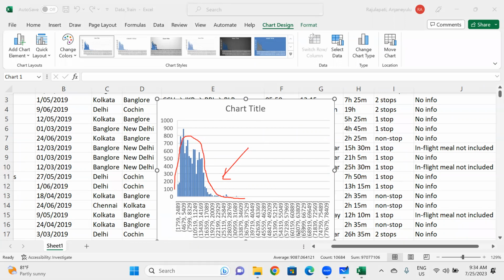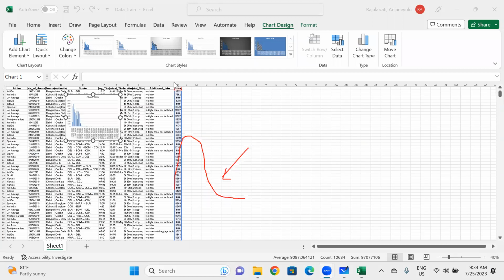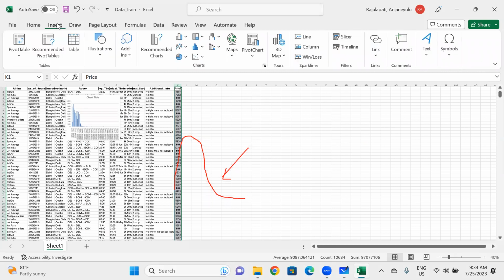Don't worry about these graphs actually, I can explain them in upcoming sessions. I'm just showing you what parameters there are and how we can describe your data. That's what I'm trying to tell you. And I would like to go for insert, and here if you want to find the outliers, we have the